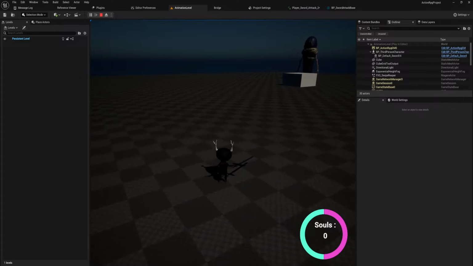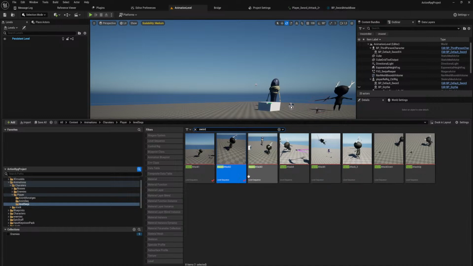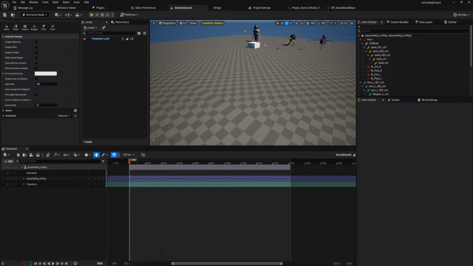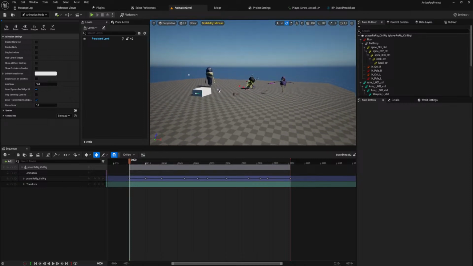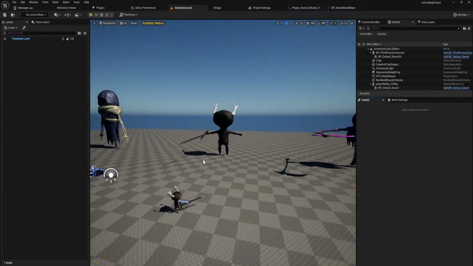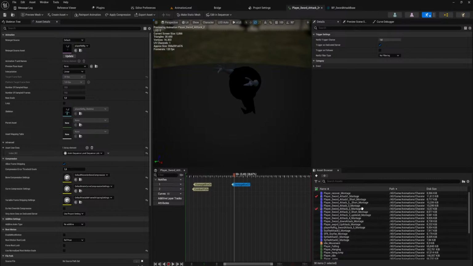Okay, if I just spam click, it needs to come out faster. But I don't know if that is an issue with the end of Sword Attack 1 or the start of Attack 2. It must be the start of Attack 2. I don't even need to actually change this animation file itself. I can just do it in the montage.